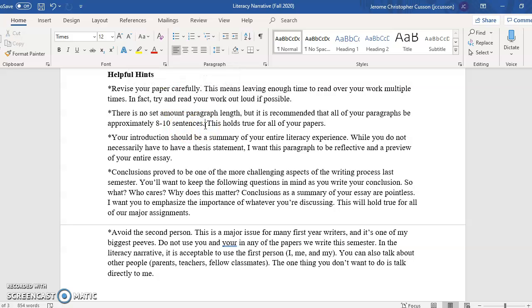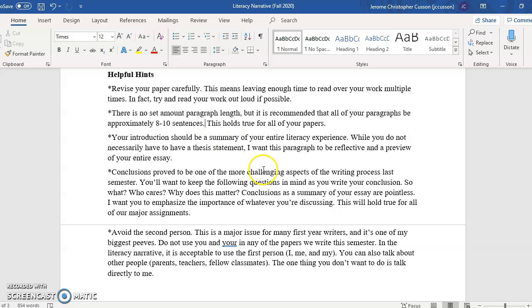What I always tell students, there is no set paragraph length. I would recommend that you write paragraphs that are about 8 to 10 sentences. If you write 7 sentences, does that mean you're going to fail? No. If you write 11 sentences, does that mean you're going to fail? No. If you write 25 sentence paragraphs, or if you write 1 sentence paragraphs, then there is a much greater percentage of you not passing this paper. You want to develop your thoughts enough, but you don't want to overdevelop either. Give me enough detail that you can explain the situation or the circumstance in a given paragraph.